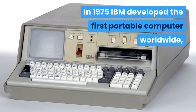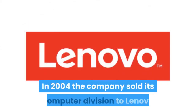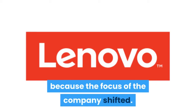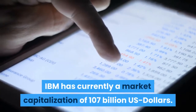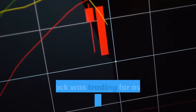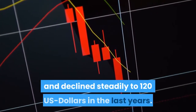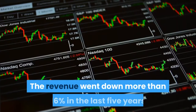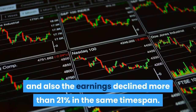In 1975 IBM developed the first portable computer worldwide, the IBM 5100. In 2004 the company sold its computer division to Lenovo because the focus of the company shifted. IBM currently has a market capitalization of $107 billion. The stock was trading for over $200 back in 2013 and declined steadily to $120 in the last years. The revenue went down more than 16% in the last 5 years, and also the earnings declined more than 21%